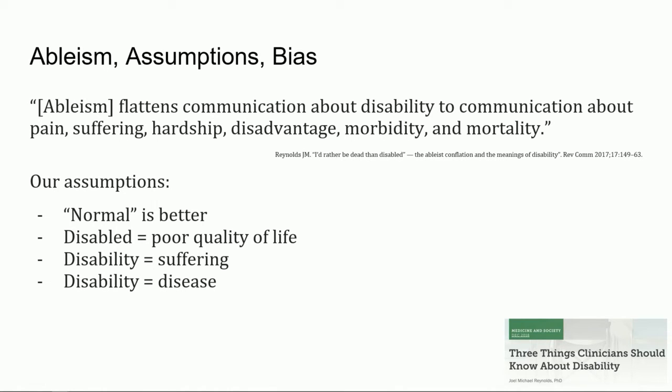And ableism incorporates certain assumptions about people with disabilities. Existing literature indicates that people who are able-bodied very frequently mischaracterize the quality of life of those with disabilities. Most clinicians are able-bodied, and so most clinicians are at risk of making assumptions about the quality of life of those with disabilities. Often this assumption is that those with disabilities have a poorer quality of life. Disability often gets conflated with suffering or pain, which isn't always accurate. The experience of being disabled can be varied, and disability does not mean disease.